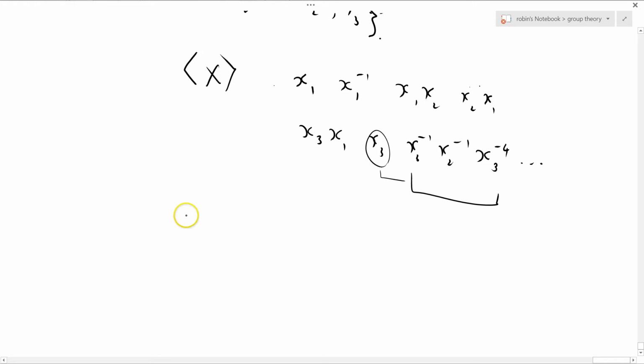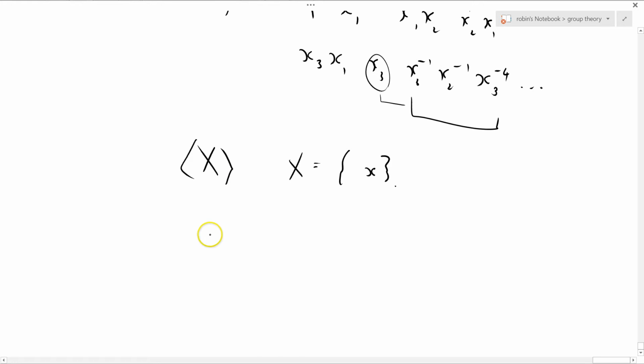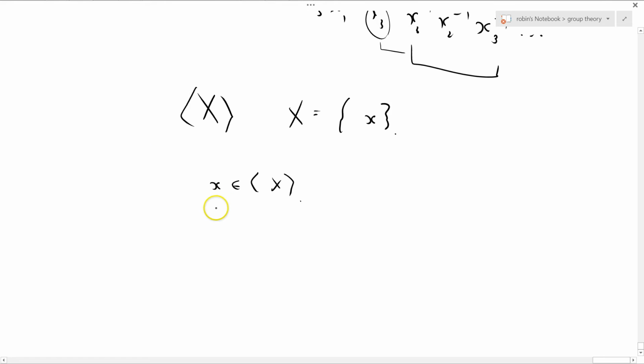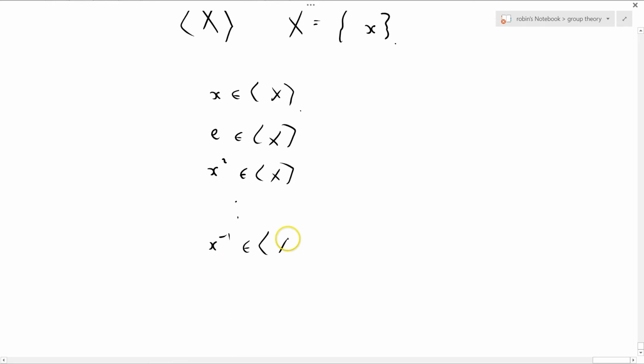So let's just consider the subgroup generated by X, where X equals the set containing just one single element, X. So what's that? Well, we know that X is a member of that. The identity, E, is going to be a member of it, and X squared is going to be a member of it, and so on. Oh, and of course X to the minus 1 is going to be a member of it. So, just starting with E, we might end up with E, X, X squared, X cubed, X to the 4,